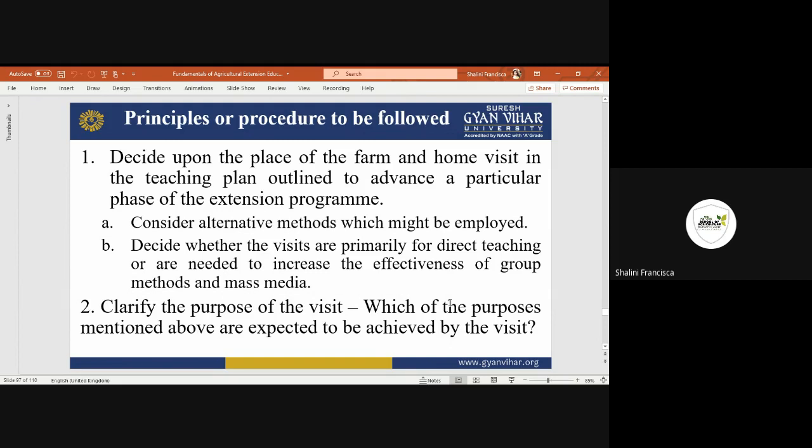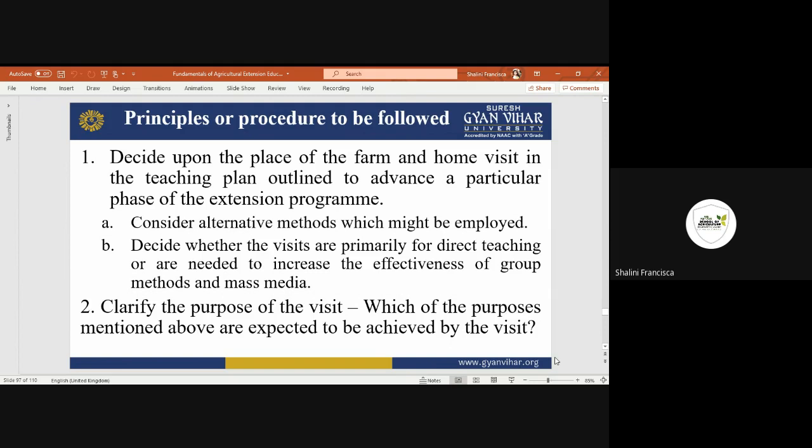And in that, two more factors are there. First, you should know the alternative methods, to understand how much this is going to affect the person. If there is a problem, what solution will you give? You should have a list, or prepare your mind: these might be the problems, and we can go through them, and these are the alternatives that I might suggest to that farmer.